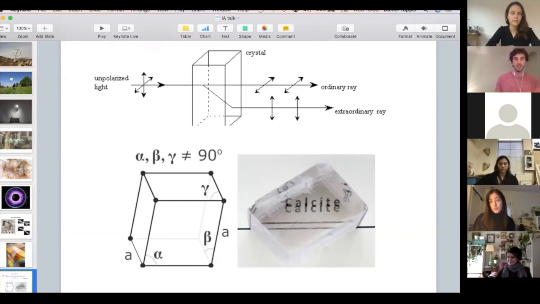As you can see in this graph, you have the unpolarized light that continues through, but then you have an extra ray that bounces through. So you get this doubling effect when you put it over a piece of text or you project something through it. I was really interested in the properties of this object, and my initial goal was to create a computational system to mirror what calcite does in a computational sense.